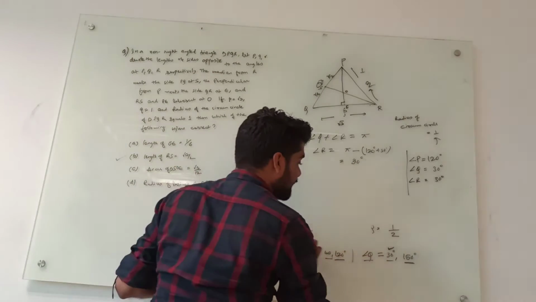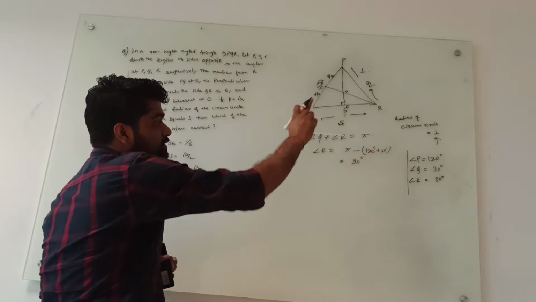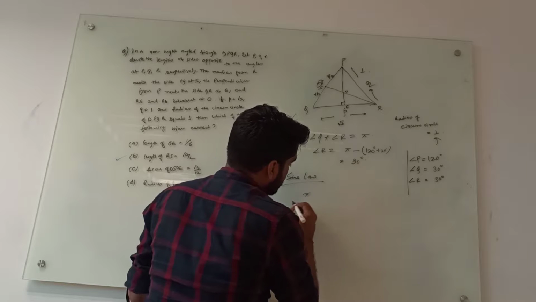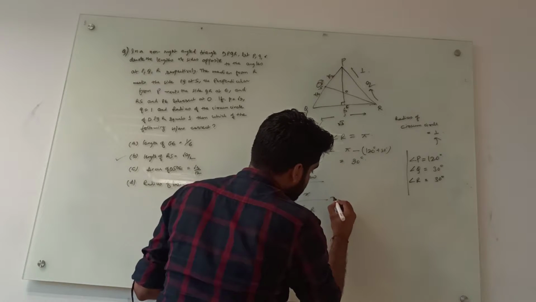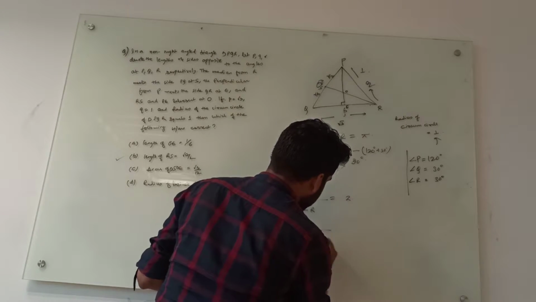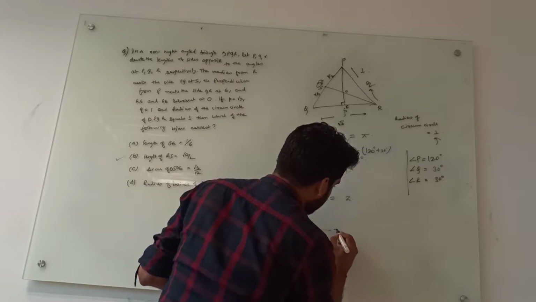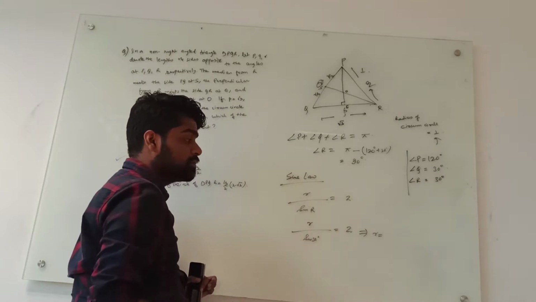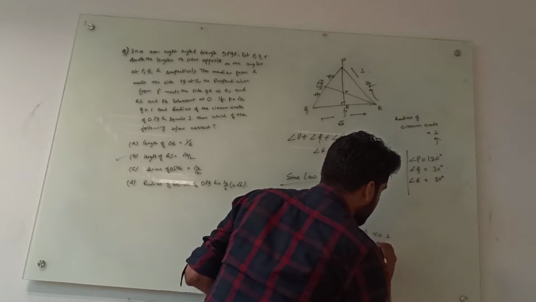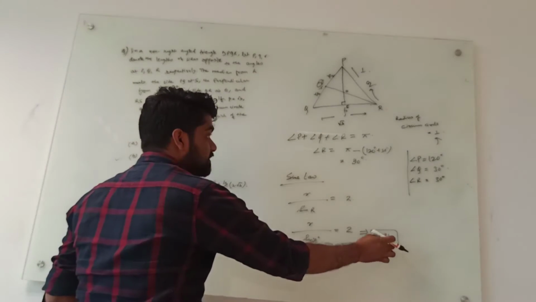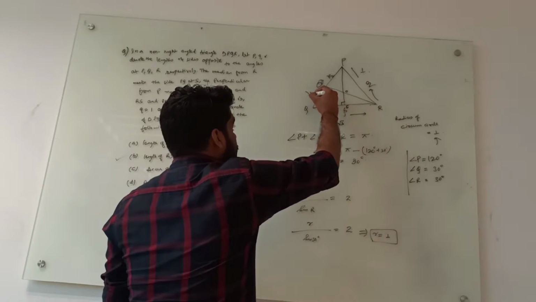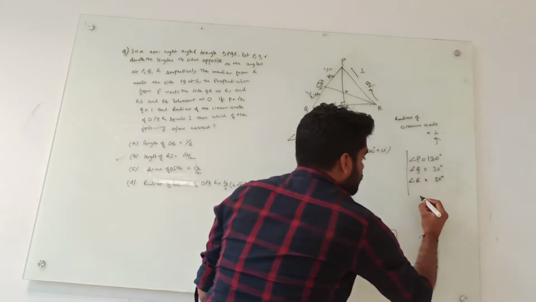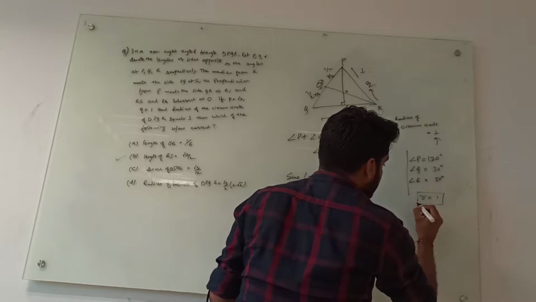Now we have got all the angles and we have got two of the sides. So can we use the sine law again? Sine law: if we exclude in R, it will be R by sine R equals 2. So R by sine 30 will be equal to 2. So what will be the value of R? Sine 30 is nothing but 1 by 2, it will be cancelled. So the value of R will be 1. So if R is 1, what will happen? This R by 2 will be 1 by 2 and this will also be 1 by 2. Correct? So we have got the value of r equals 1 unit.